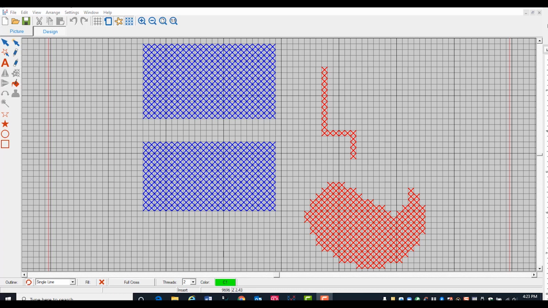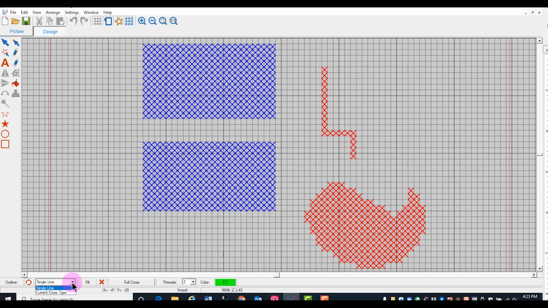In this video, you will learn how to add outlines to cross-stitch designs. When you want to add an outline, you'll first click on the outline button and then click on the drop-down arrow and choose between a single outline or the current cross-stitch type. Single outline stitches are used to create borders or add details, while the current cross-stitch type will add a fill